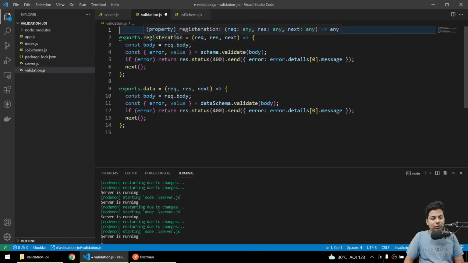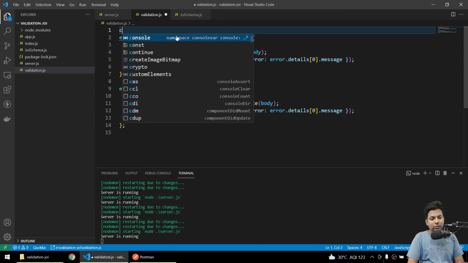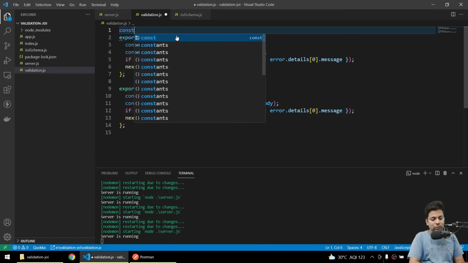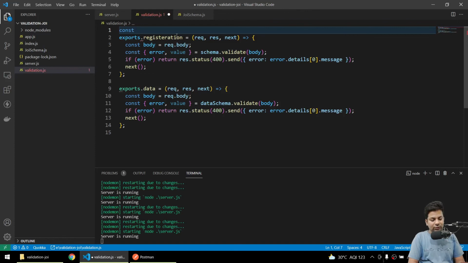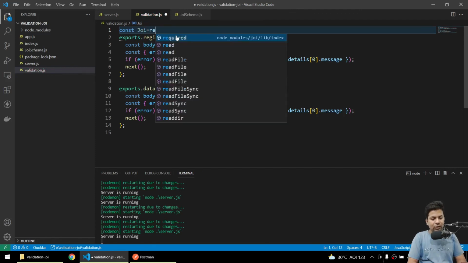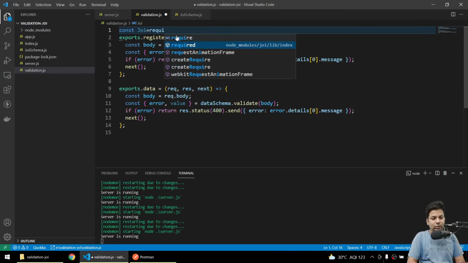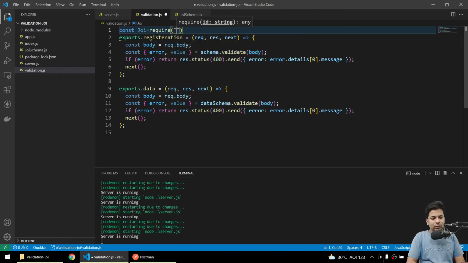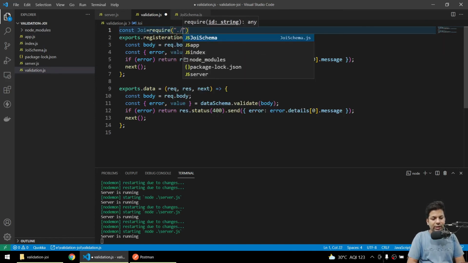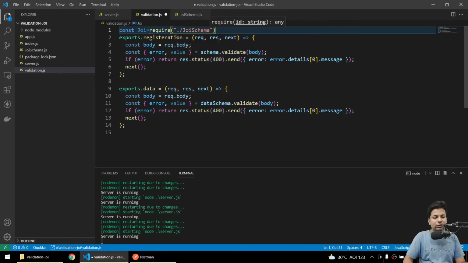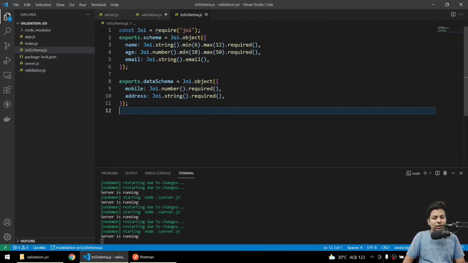Now here we'll just require, we'll say constant Joi equals require dot slash joi schema. Now here its name is joi dot schema.